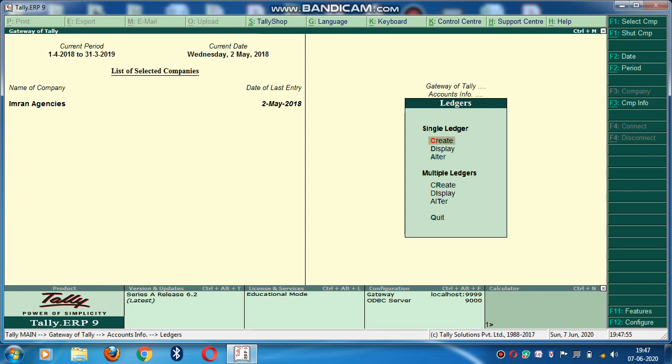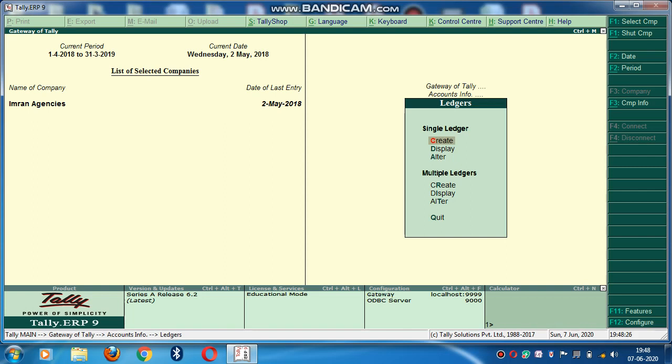See, there are two categories. One is single ledger and the other one is multiple ledgers. In previous sessions, I showed you how to create a ledger in single ledger mode. But now I'll show you how to create ledgers in multiple ledger mode.